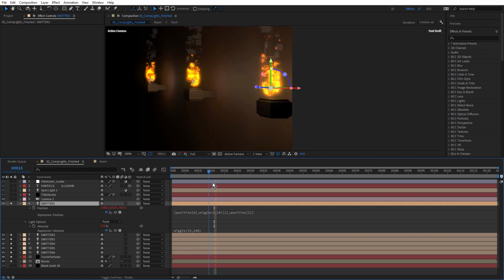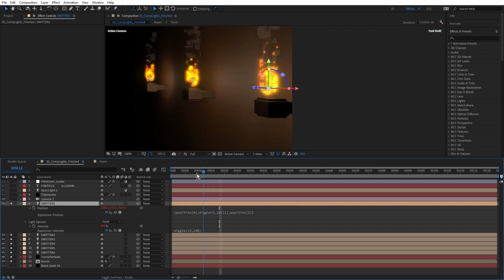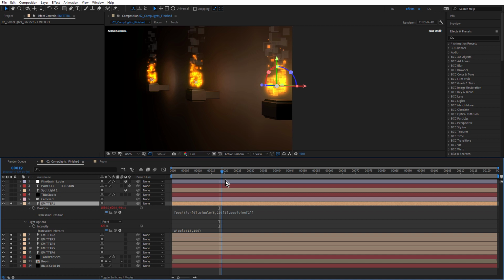And you will also notice there's some flicker of the light on the wall, and that's done by using a wiggle expression again on the intensity of the light. Now, this isn't affecting the intensity of the emitter, but because this Minecraft fire is kind of flickery anyway, I thought it helped better integrate the emitter with the lights if the light was also looking like it was flickering as well. I mean, it's supposed to be fire, right? So you'd expect fire to be a bit flickery rather than being a constant light.